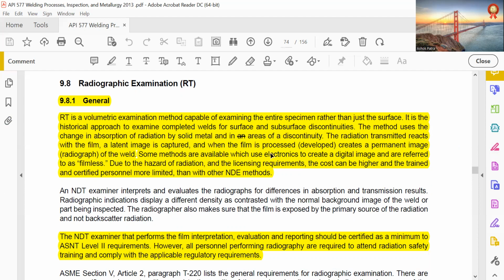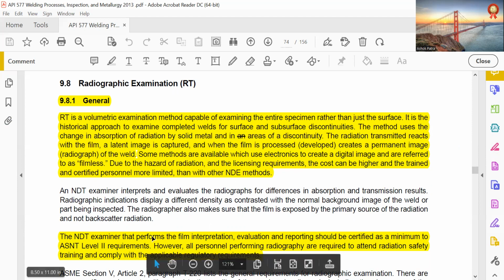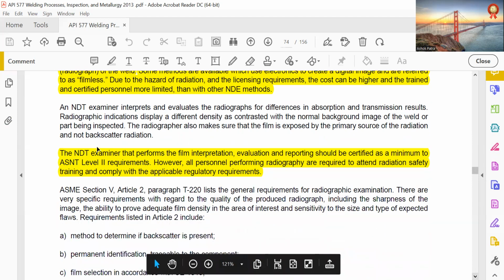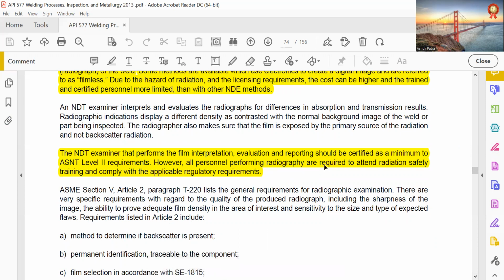A radiograph of the weld. Some methods are available which use electronics to create a digital image and are referred to as filmless, due to the hazard of radiation and the licensing requirement. The cost is higher, and trained and certified persons are more limited than for the other NDE methods. The NDE examiner that performs the film interpretation, evaluation and reporting should be certified as a minimum to ASNT level 2 requirement. However, all personnel performing radiography are required to attend radiation safety training and comply with the applicable